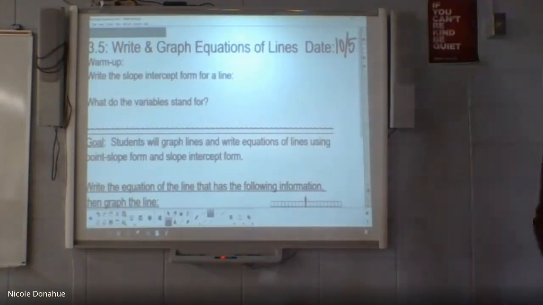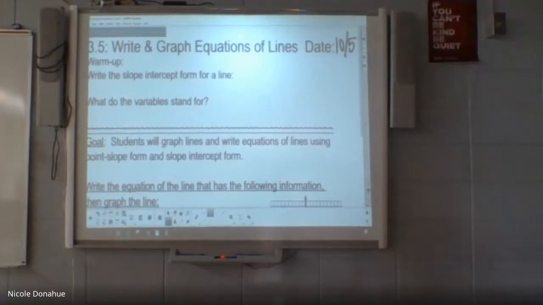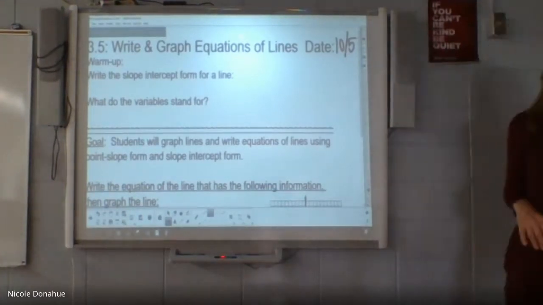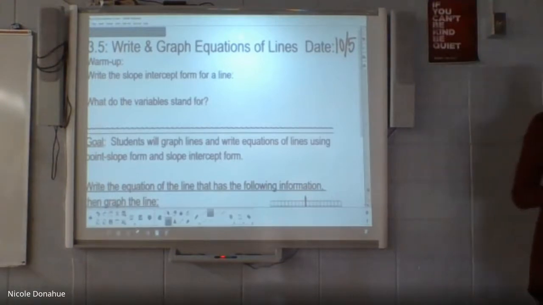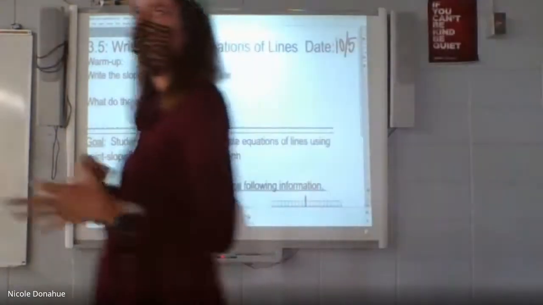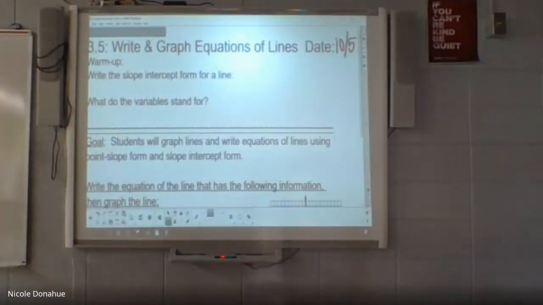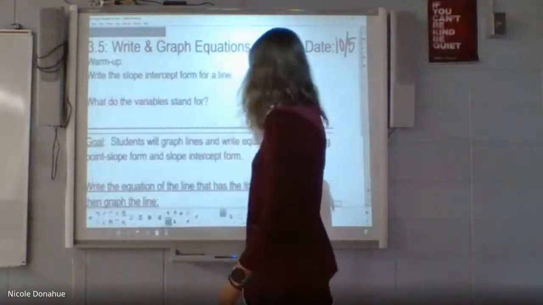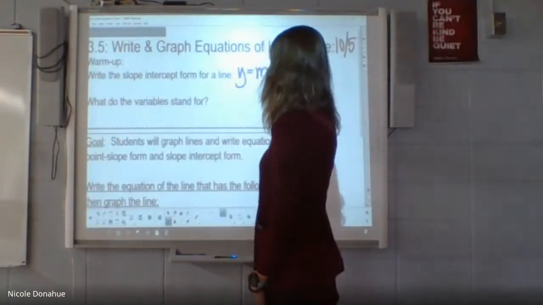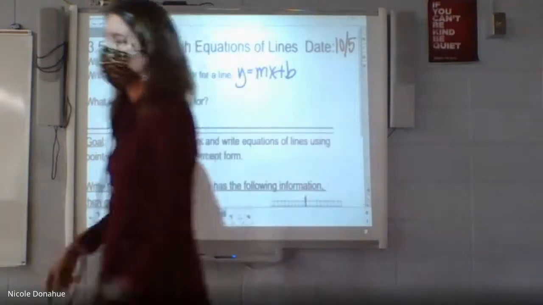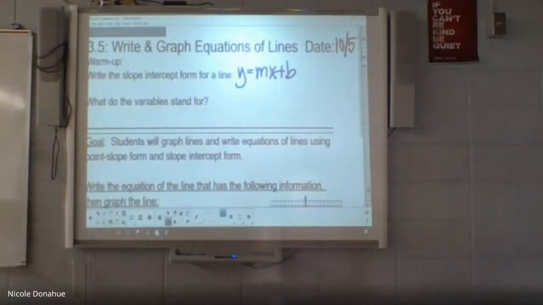All right, so they want us to write the slope-intercept form for a line. Does anyone remember what that is? Slope-intercept form. A little bit different than the slope formula. I think I saw some people write slope formula. Yeah, yep. So y equals mx plus b. And hopefully once we say that, you're like, oh yeah, I know that. I just didn't know it was called that. The name of the formula kind of gives away what it is. The slope-intercept form has the word slope in it and intercept. So that's telling us that it gives us the slope and the y-intercept.